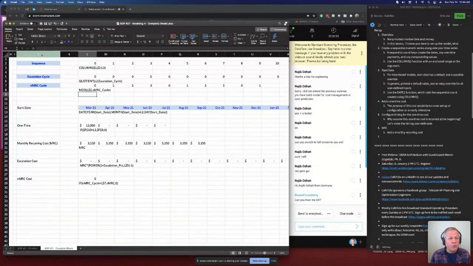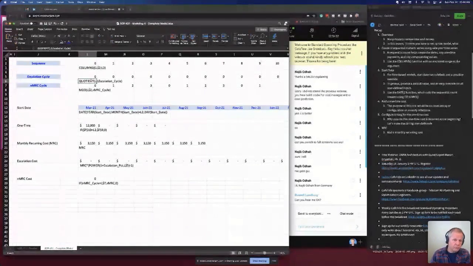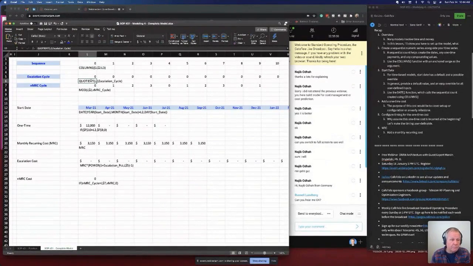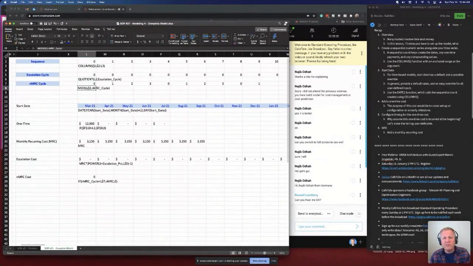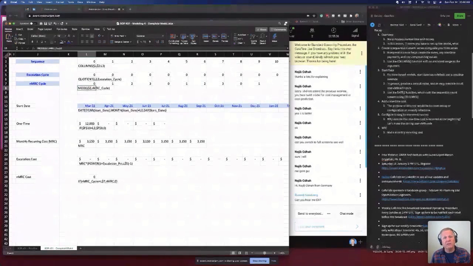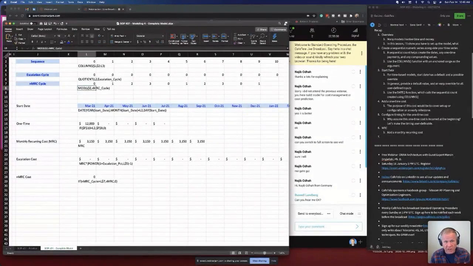The quotient is the integer number of times that the divisor goes into the numerator. Modulus is what's left over when you divide the numerator by the denominator, by that cycle time. So every time this is a 0,